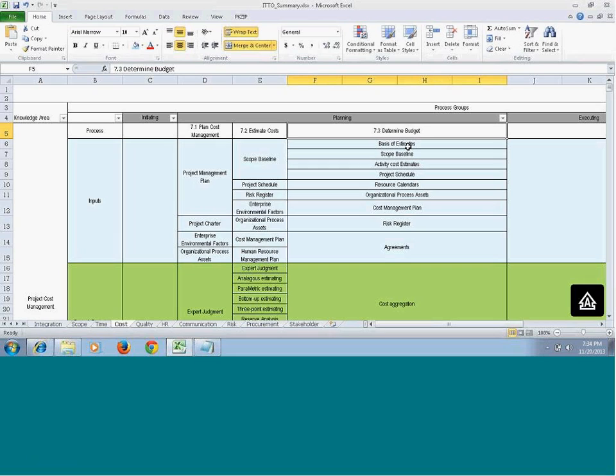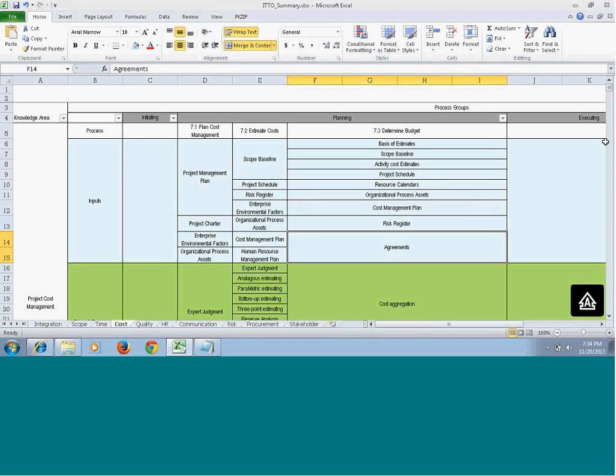Now, the third in the planning process group is determine budget. You will actually sum up all your activity costs. So let's see what the inputs are here. The basis of estimate that you created just now will be coming here. Then the scope baseline, activity cost estimates, the project schedule, the resource calendar that will give you the resource availability, and then organizational process assets, the cost management plan, risk register, and agreements.